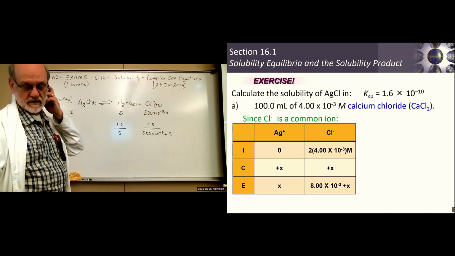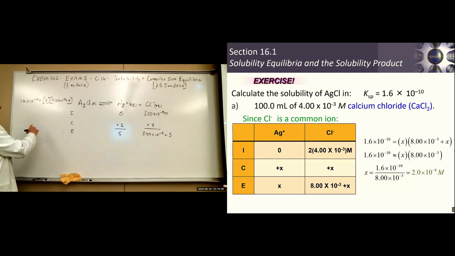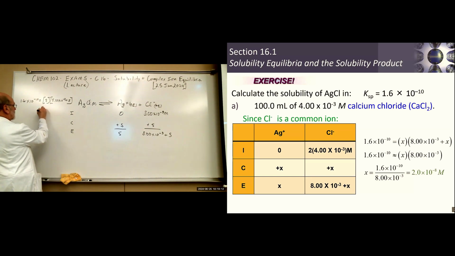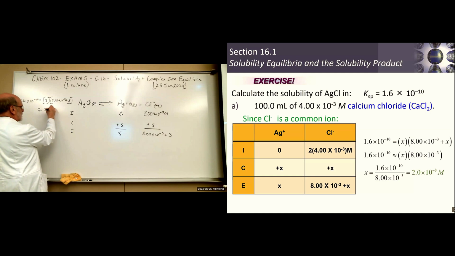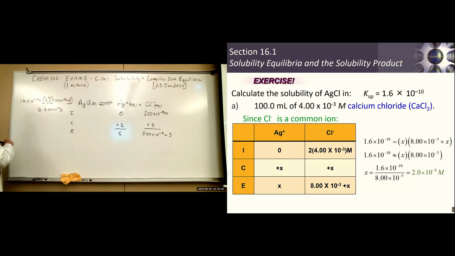Okay, there's our setup. So that's what I did in the slide. We ignored this value and said it's approximately 8 times 10 to the minus third, because we said that's too small to worry about. So that means S is going to be equal to this times 10 to the minus 10 divided by 8 times 10 to the minus 3. I don't need to calculate, it's right there: 2 times 10 to the minus 8